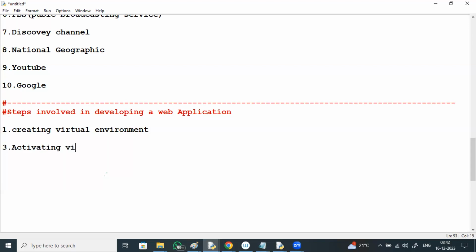What a virtual environment is, how we create and how to activate it, we will be discussing. After activating the virtual environment, the next step is creating or starting a project.